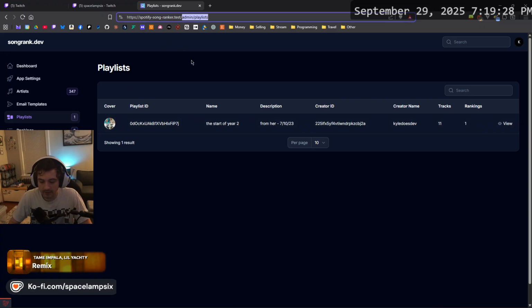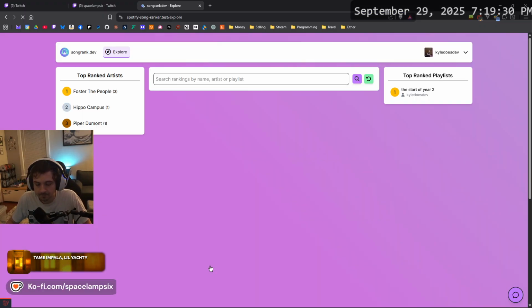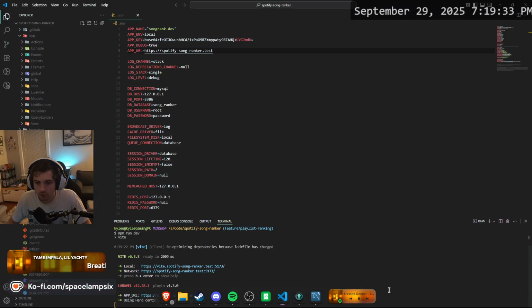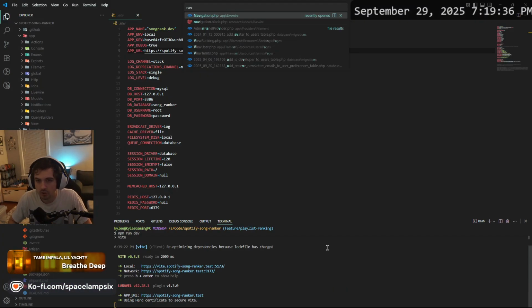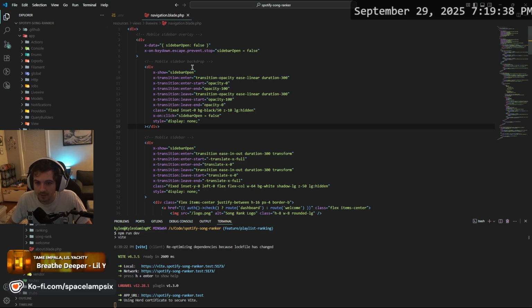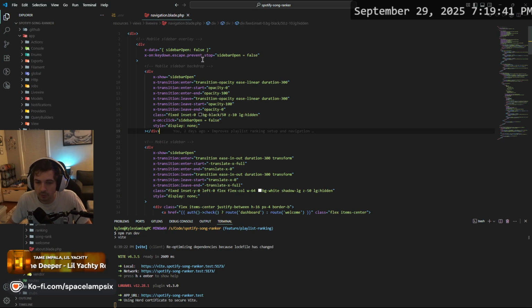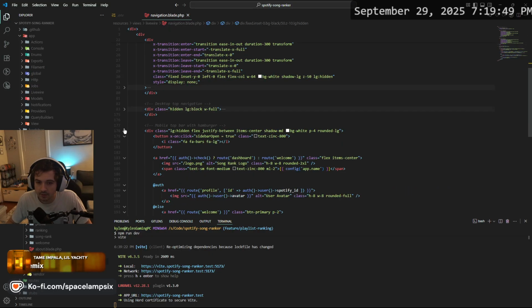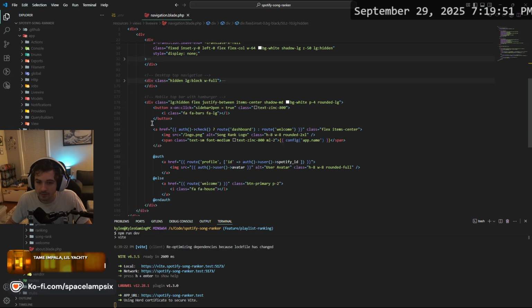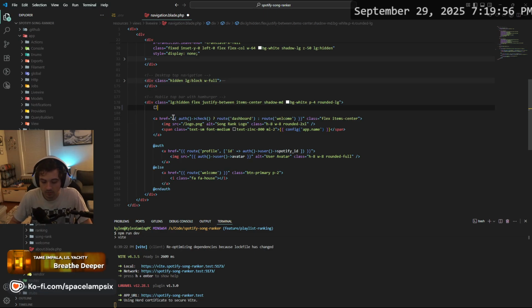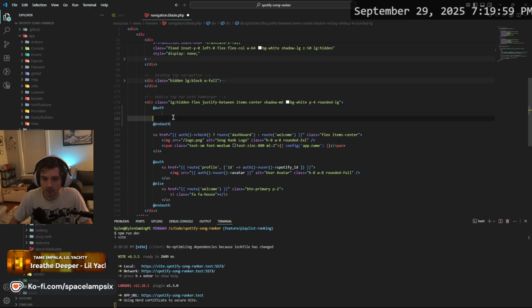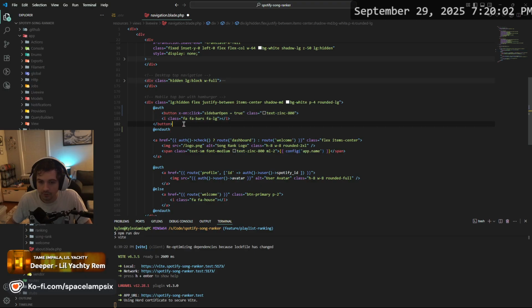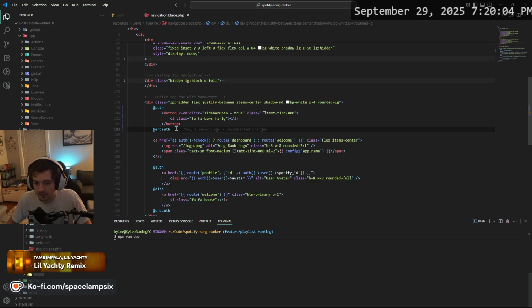All right, well, we're going to go back to Explore. And we're going to go to our nav. And we want to get the open sidebar, mobile sidebar overlay. I'm guessing is this div. There's the backdrop, mobile sidebar. Where's the button? Top nav, top nav. All right, yeah, so this here should only be available if we're logged in, because there's nowhere for them to go, really.